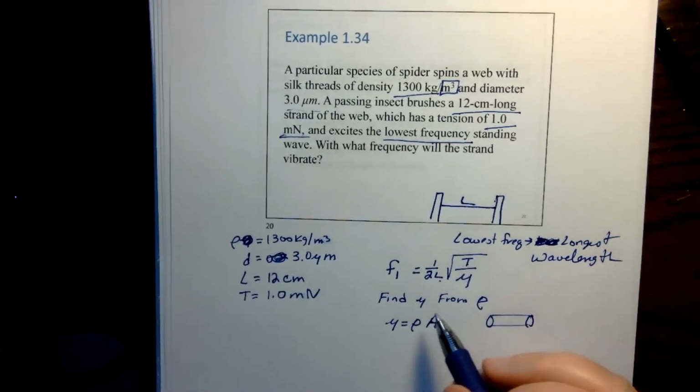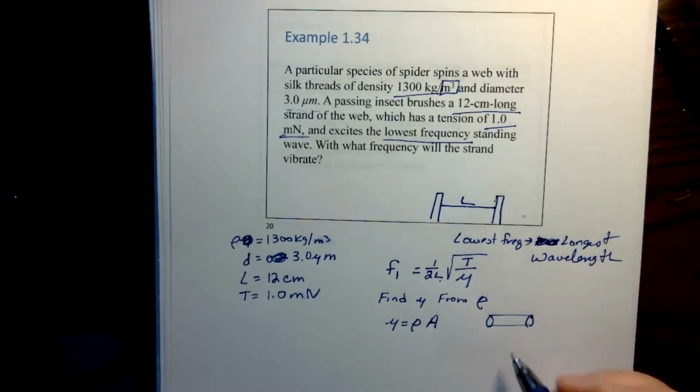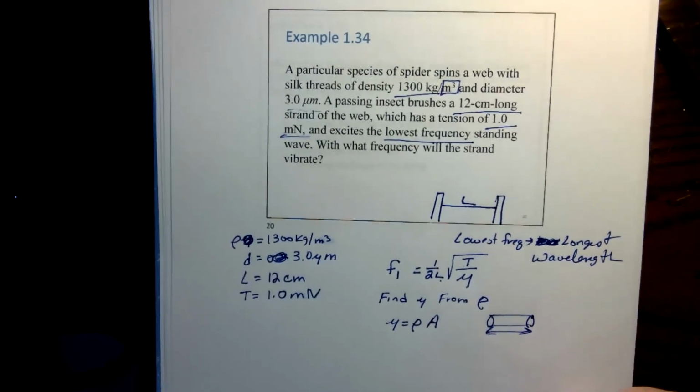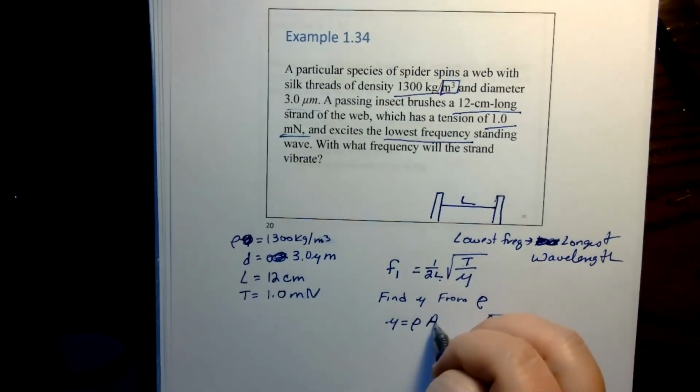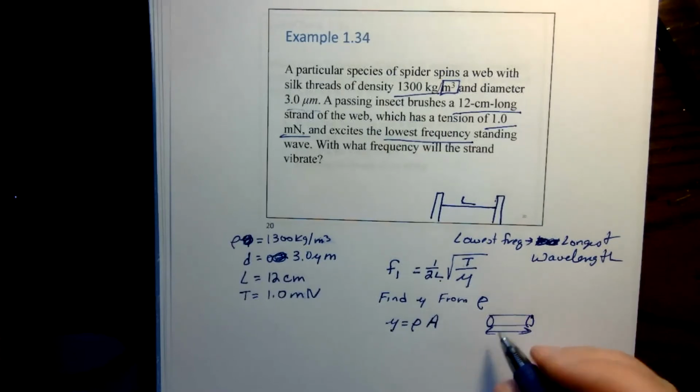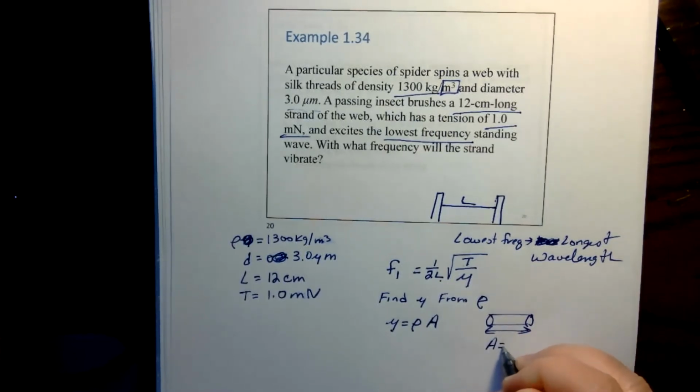And we want to know if this whole thing is mu. We want to know essentially this direction of it, but not the entire 3-dimension. So we're going to take our 3-dimensional one, which is a density per volume, and multiply it by our area to give us a density per length. We're going to make the assumption that our wire, or our spider web, is circular in shape in cross-sectional area. So we know that the cross-sectional area A is